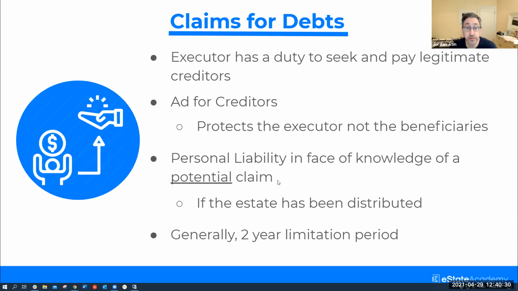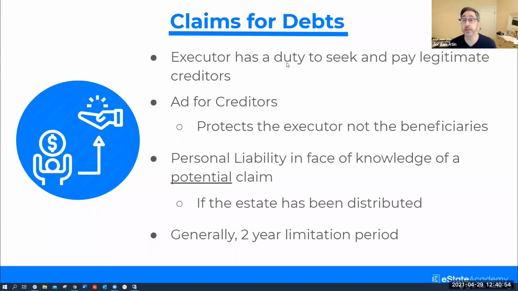And as you can see, there's the personal liability of an executor where there's a potential claim, and if they distribute it, there's the personal liability, and there's typically a 2-year limitation period for suing an estate for a claim, and then we've got a special defense here,